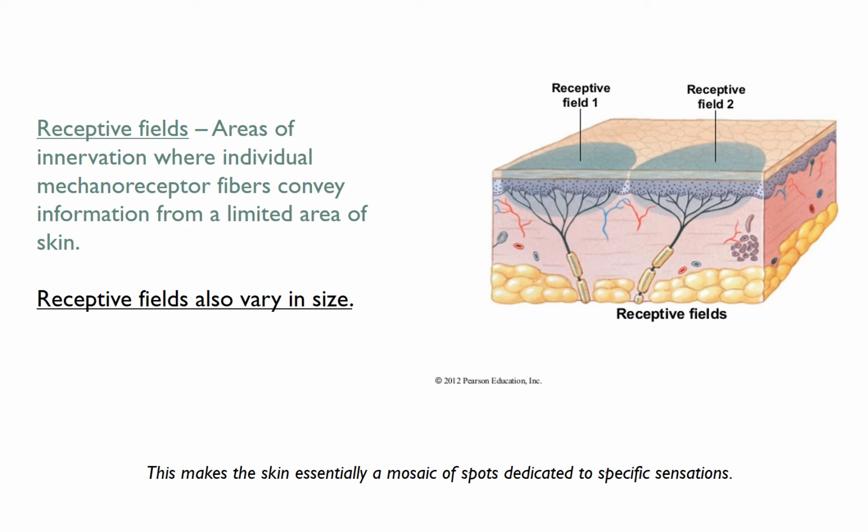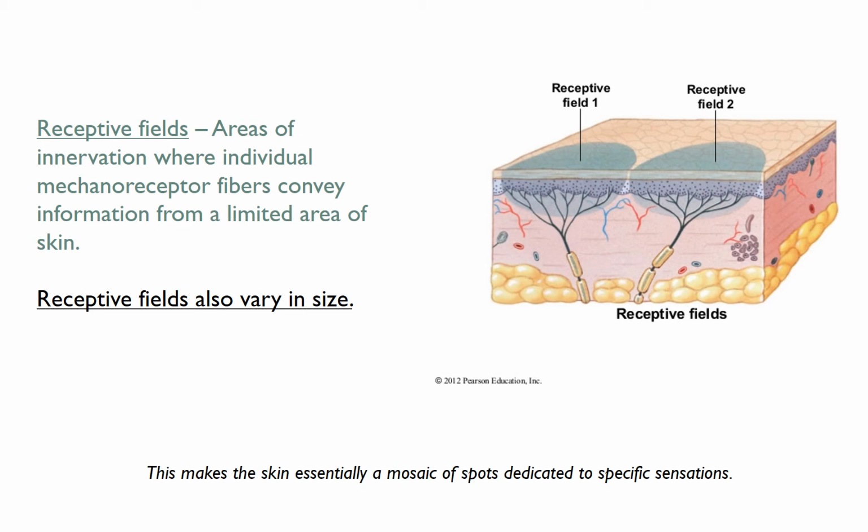If you think about it, that kind of makes sense. The name of it makes sense. They can vary in size from very large to very small, depending on the area of the body that you are located in. And if you think about it, that really makes the skin essentially a complex mosaic of spots